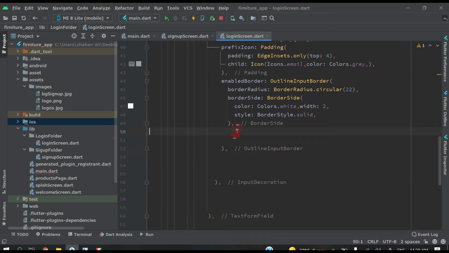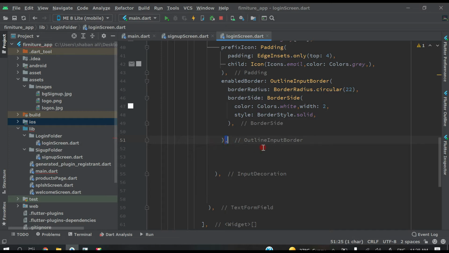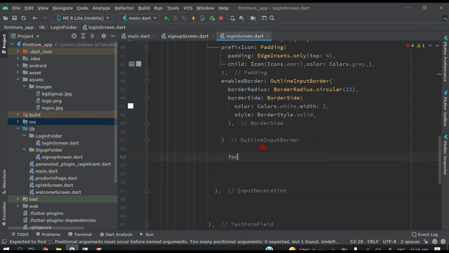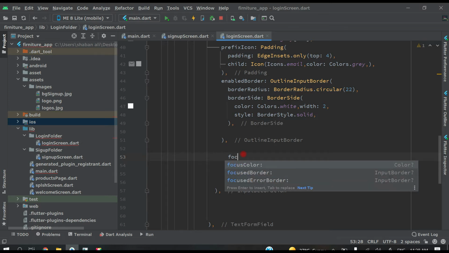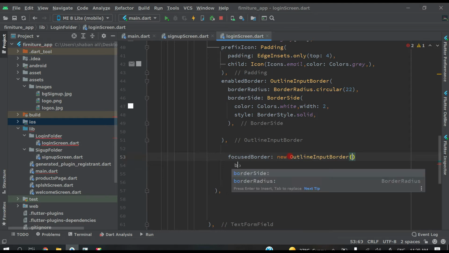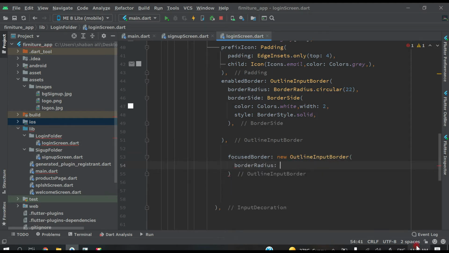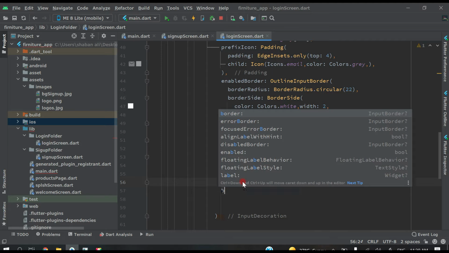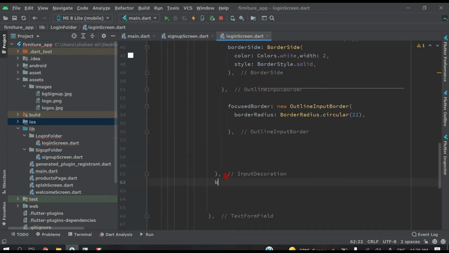dot solid, comma, then after this put here comma also, then after this here outline border closing, this one let's write focus, put here comma, now write focus border, new outline input border radius dot circular 22, and after this put here comma, border side, this one border,